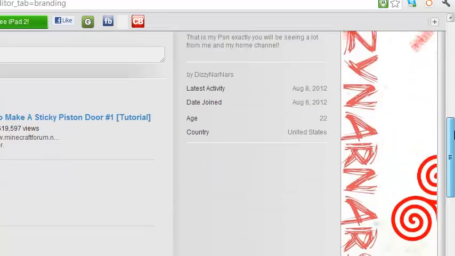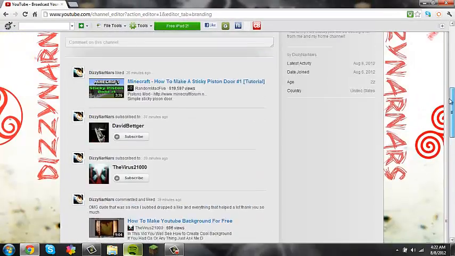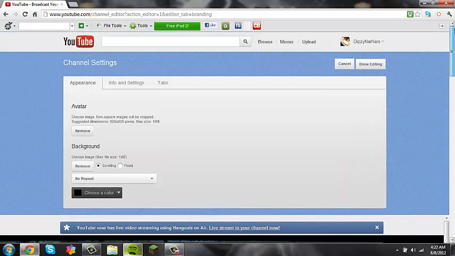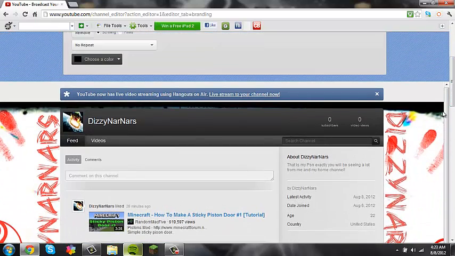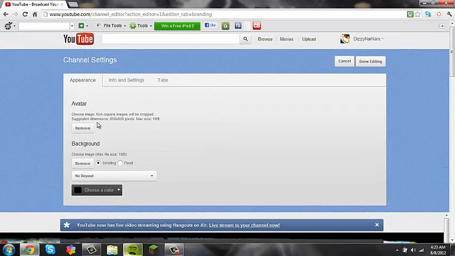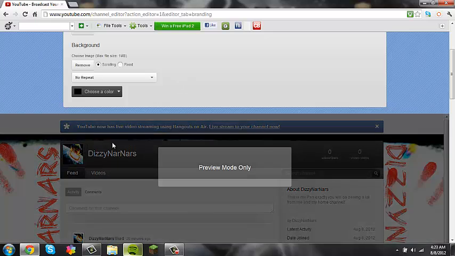And I would suggest choosing a color, and if it can fade into like a black or any type of color, it should work nice. I'm pretty sure that the YouTube background should be in the dimensions of like 1200 by 768, something like that, and it'll fit back here, but I'm not 100% sure. You shouldn't have to change anything. And for the avatar, as you can see mine, I did make this, and